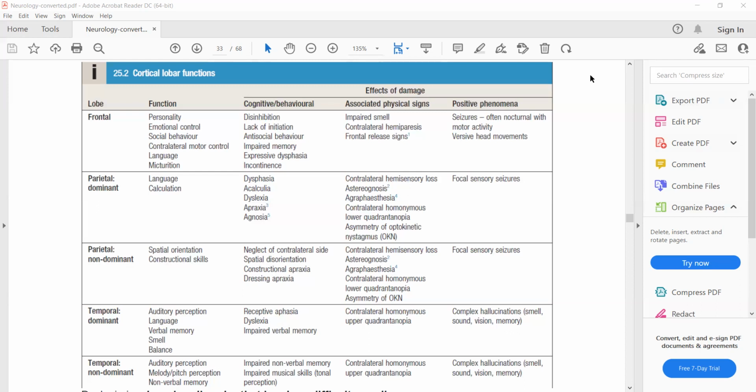What will be the physical signs? So you all know that the sensory areas or the body sensation are controlled by the parietal lobe. Frontal lobe controls the body movements and parietal lobe controls the sensation of the body. So the physical signs that are associated with the parietal lobe will include contralateral hemisensory loss,